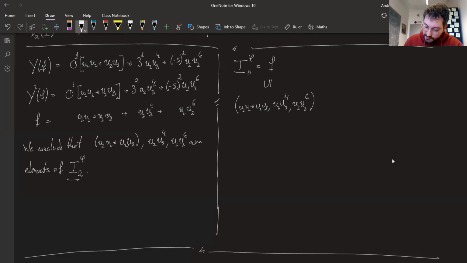And then we had the first one, which is then going to be given by f, y of f. And then the third one, f, y of f, which on the one hand, we just computed, it contains